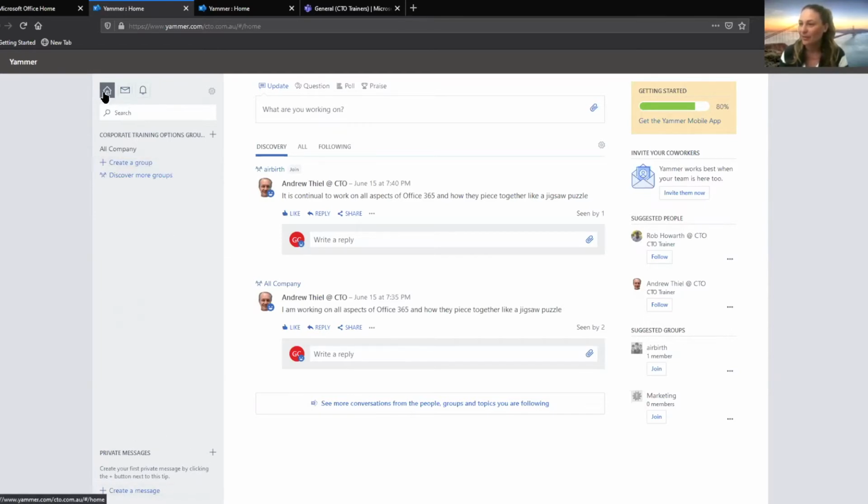Now, with the home tab, this is your news feed. I'll go through the different types of news feeds you can set up. So you can actually set up an update, questions, a poll, or a praise. And I'll just load it up so I can copy and paste to make it a little bit easier